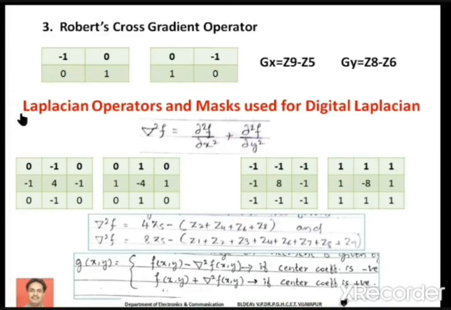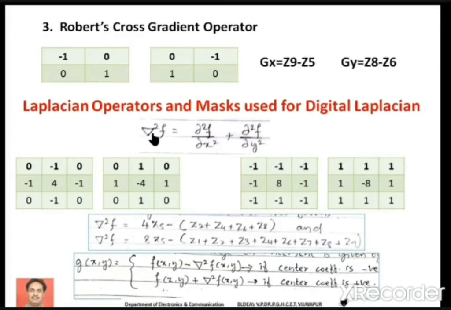On the other hand, we can also make use of Laplacian operators for the sharpening operation of the image. Again, I'm repeating, sharpening means highlighting the finer details of the image. That is, we can find edge transitions, or variations in the intensity values of the pixels. So in general, these operators are meant for finding the edges of the image. The Laplacian operators, as I told, are basically second order derivative functions,